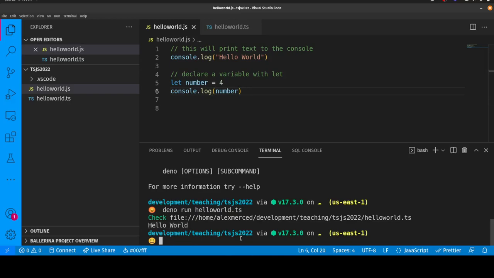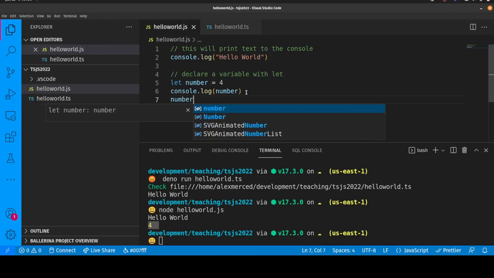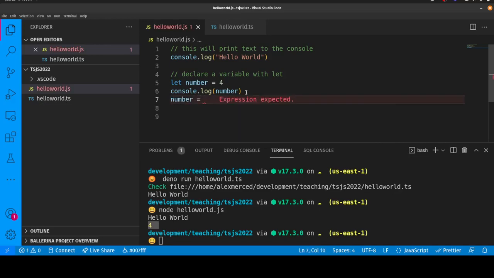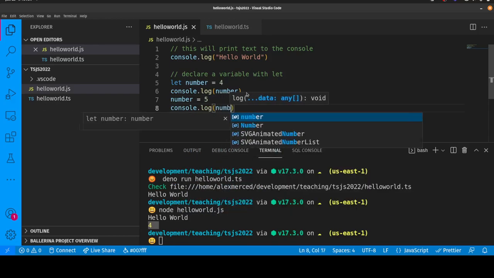Okay, so when I do that, now if I run node hello world.js, I get the number 4. Now what's special about let variables is that they can be changed. So now that I've created the variable and it's a let, I'm allowed to reassign it. So I can now say, going forward, number is going to be 5. Then if I console.log number again,